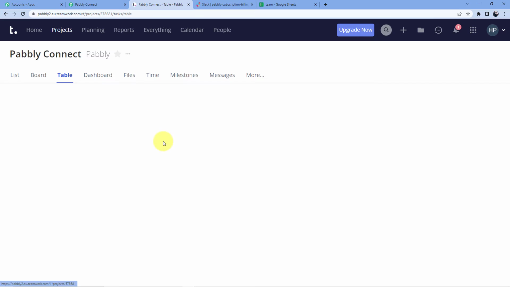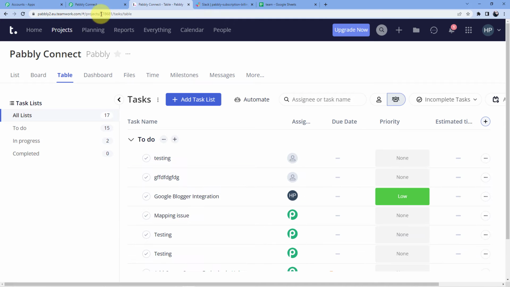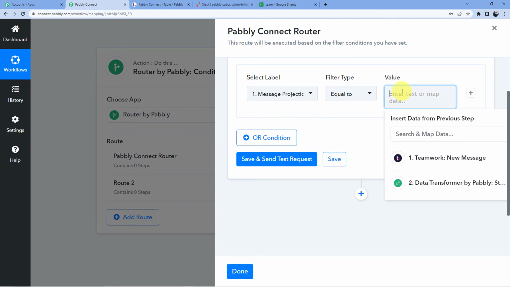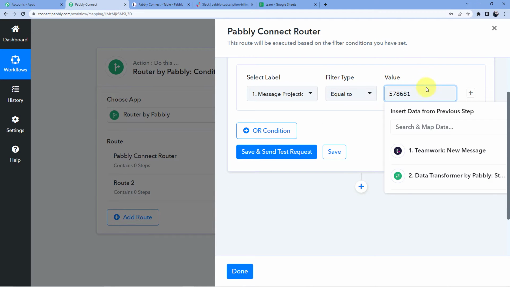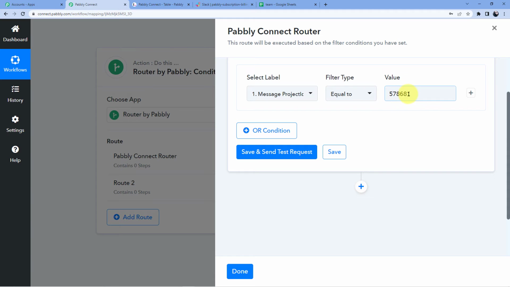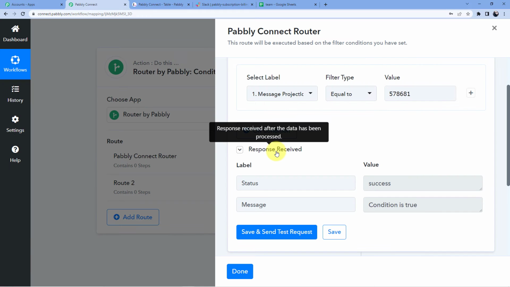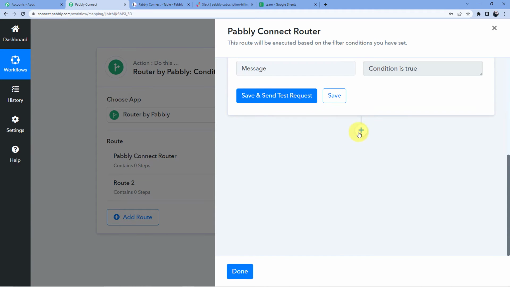When we will click on Pabbly Connect account, you can see here the ID is 578681. So we are just going to copy this 578681, copy this, go back, and here when message ID 578681 is equal to 578681, only then this automation will run and then it will go forward to our Google Sheets and Slack.